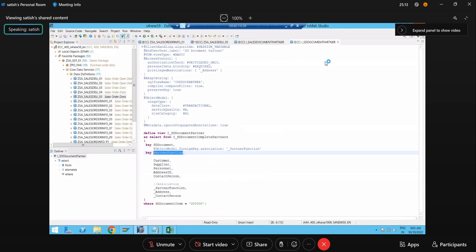Followed by customer dot name as ship to party name. You're getting an error, guys. See here, you'll get an error. This cannot be used locally. See here, association customer cannot be used locally